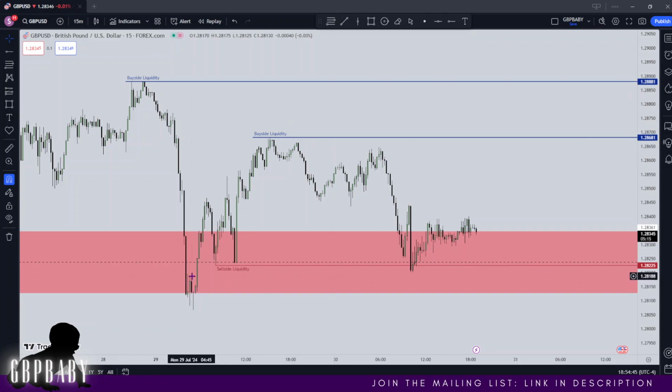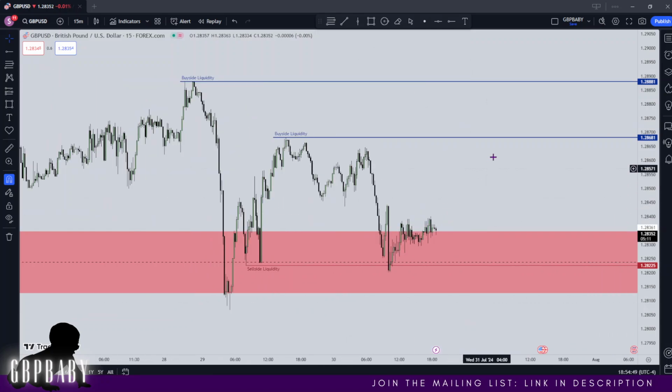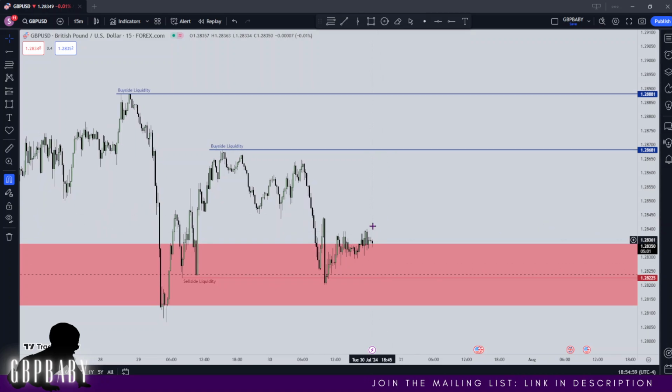So yeah, that's pretty much everything on pound. Generally speaking, I just want to see a continuation higher. What is nice to see as well is how we are hovering around the top of this 4 hour fair value gap. If we continue to respect this accordingly, there's more narrative as to why we may continue to see higher prices, because it's respecting the top of it. Again, we respected the 50% of it on Tuesday, now the top of it,